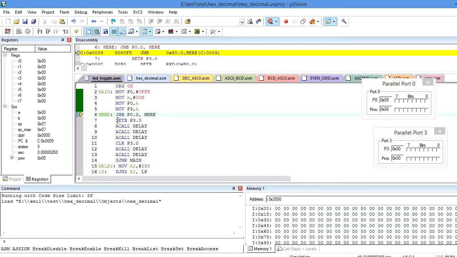So how can I monitor? By using the instruction JNB P0.0. So let me execute the instruction here. Here it is monitoring whether the port 0.0 pin is 1 or 0, because here the port 0.0 pin is low, so it keeps on monitoring whether my switch is closed or open. In this condition the switch is open, so it keeps on monitoring until the switch becomes closed, then port 3.0 pin becomes high here. So that is the condition we need to monitor in this program.